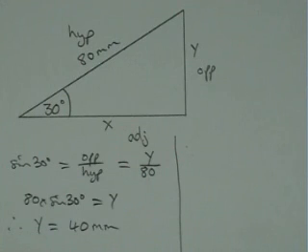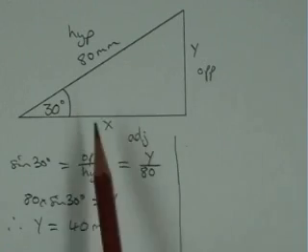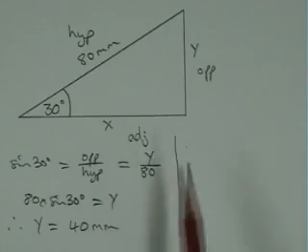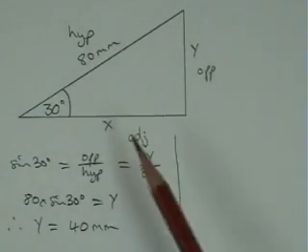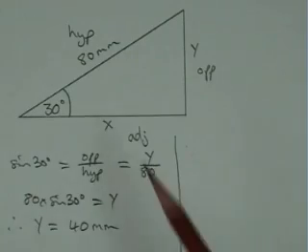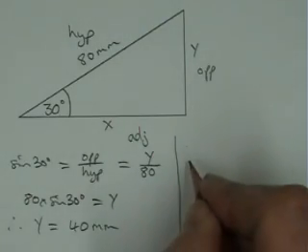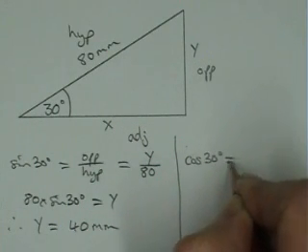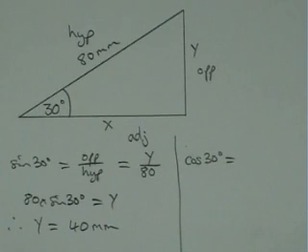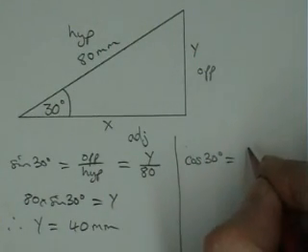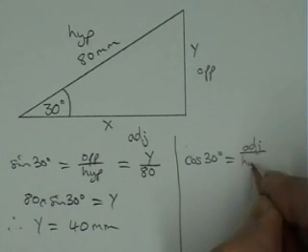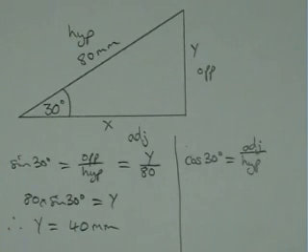And then I can do a similar calculation to find x. Look at the triangle again. X is the side that's adjacent to 30 degrees. So we know the hypotenuse, we're trying to find x. So adjacent and hypotenuse, that must be cosine. So cosine of 30 degrees. And just to really help myself remember it, I'm going to write it down with the words. Much better to write these little notes to yourself and get it right than to try and miss them out